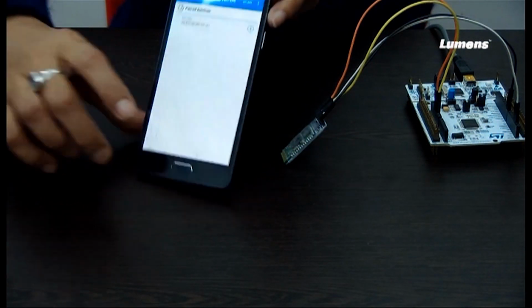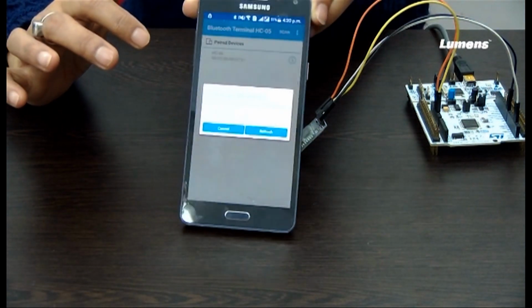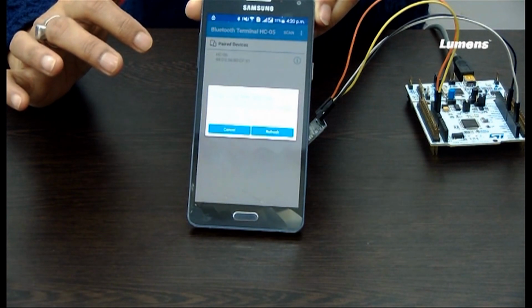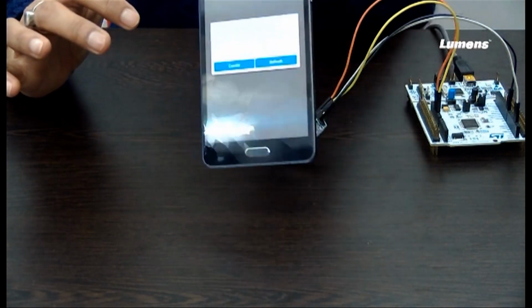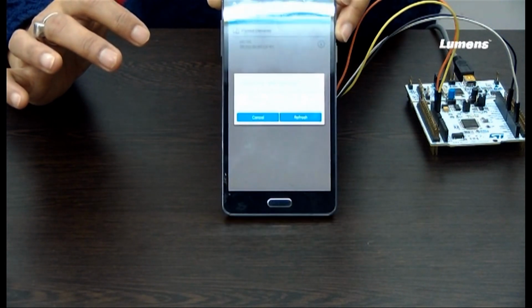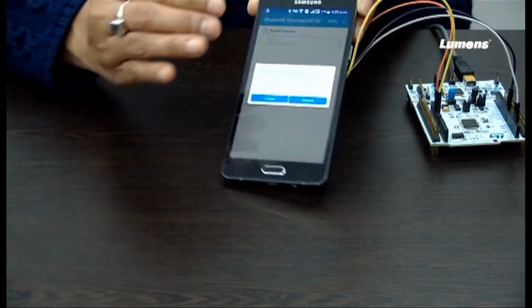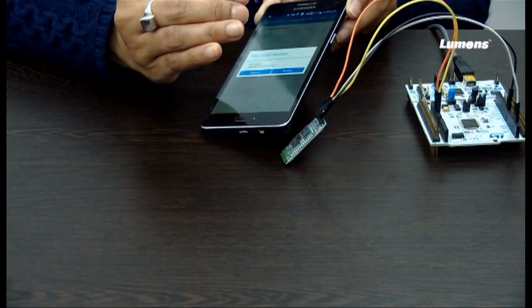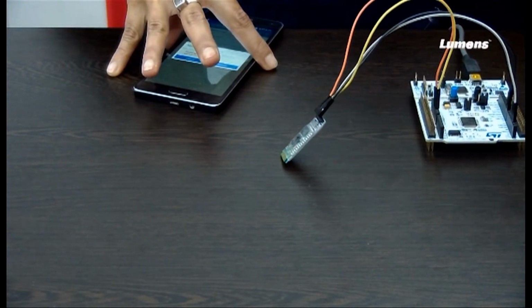Here you can scan, and it will display what all devices are nearby. And if you see that, let me connect to,